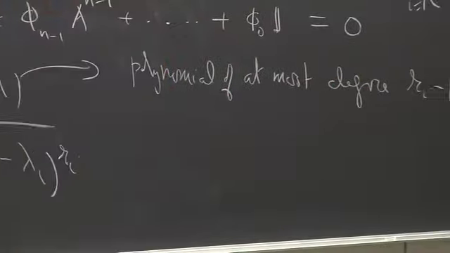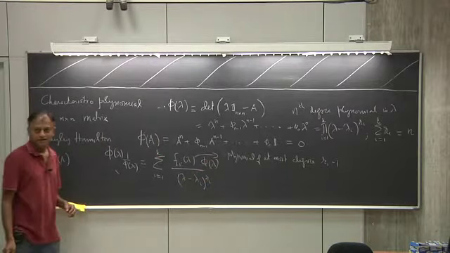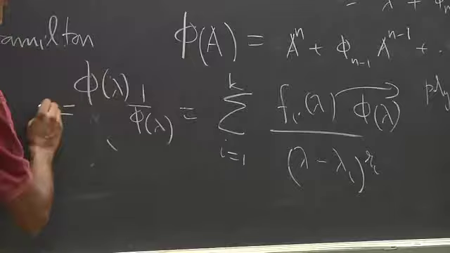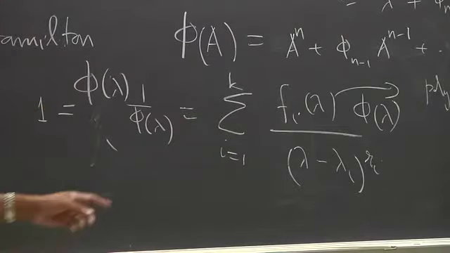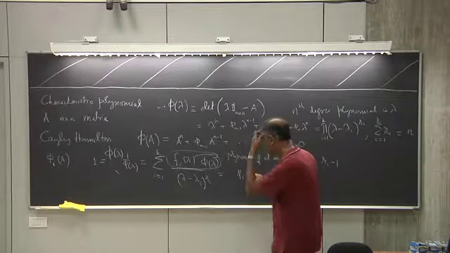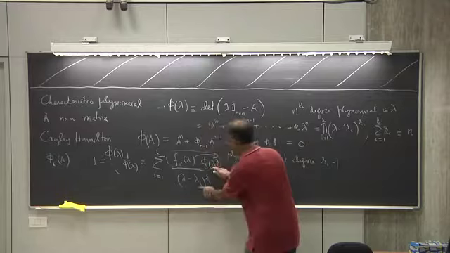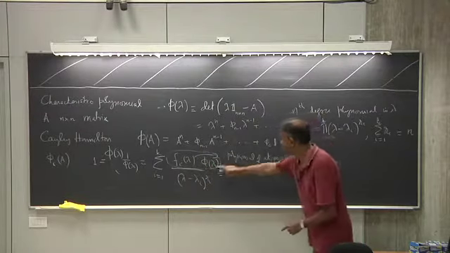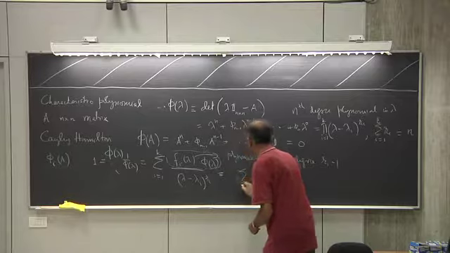Okay. So once you do that, you can multiply both sides by phi lambda. So let me multiply both sides by phi lambda. Then this is still true, right? But the left hand side is 1. Okay. So let's look at it again. So substitute this here. So what it is, sum i equal to 1 to k